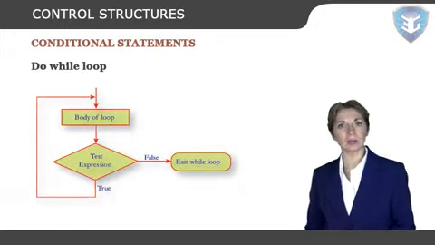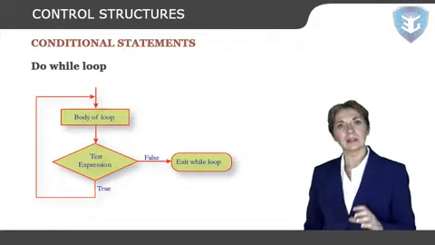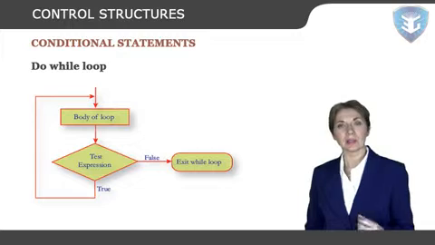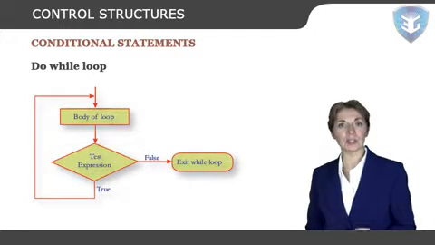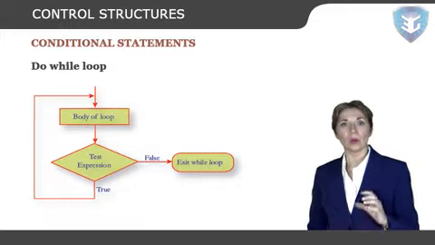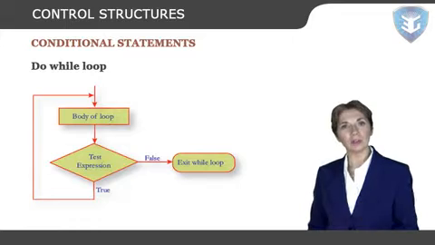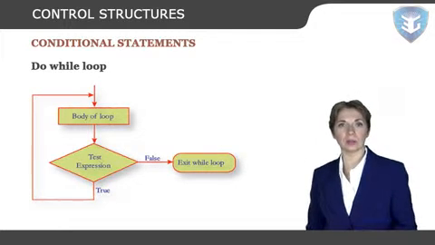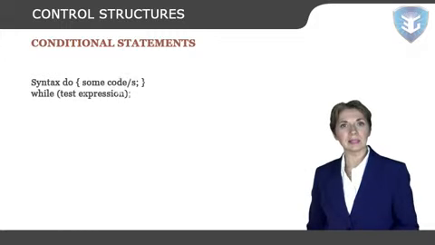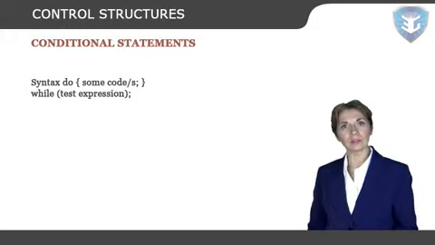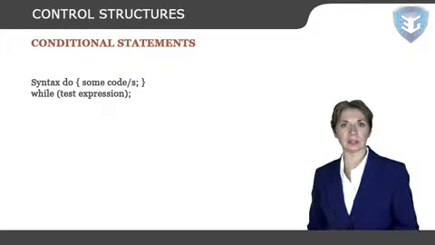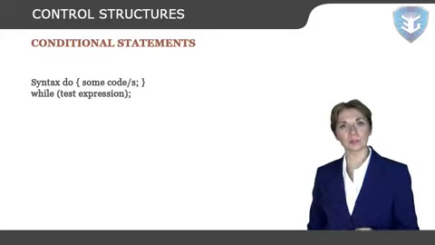In C, do while loop is very similar to while loop. The only difference between these two loops is that in while loops, test expression is checked at first. In do while loop, code is executed at first, then the condition is checked. So the codes are executed at least once in do while loops. Syntax is shown on the screen. At first, codes inside the body of do are executed. Then the test expression is checked. If it's true, codes inside the body of do are executed again, and the process continues until test expression becomes